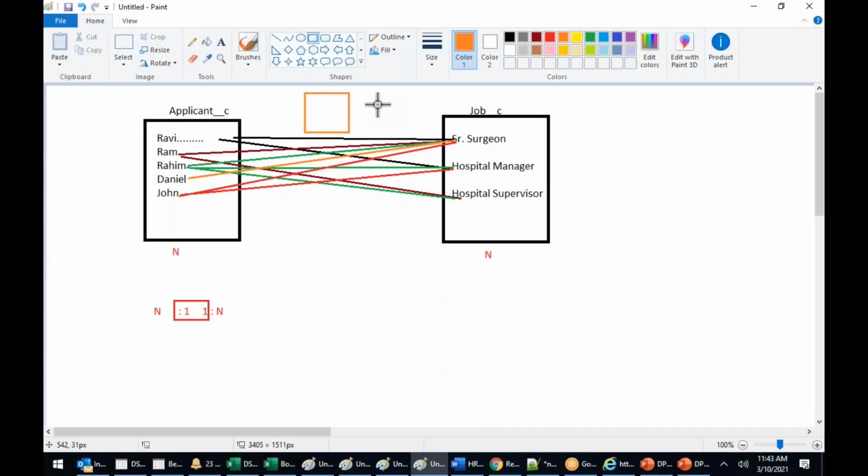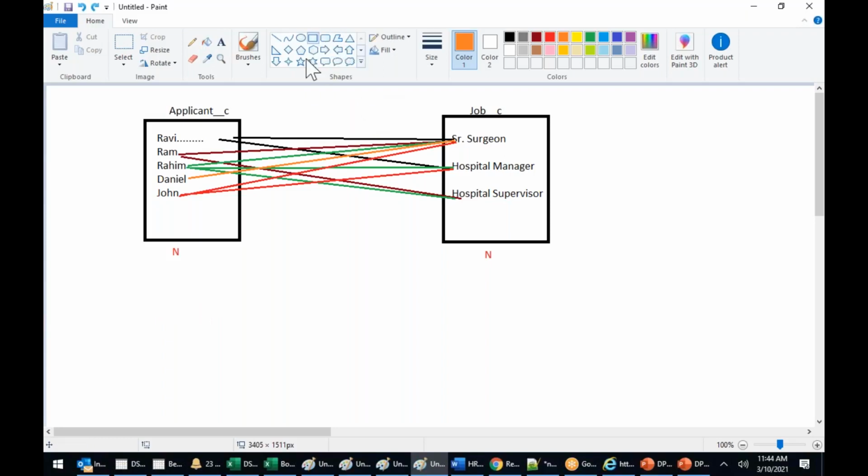In Salesforce, to achieve this N-to-N relationship, we need a concept called junction. Junction will split 1 to n, n to 1, 1 to n. We need this connector, and the connector which connects both relationships is called the junction relationship. This connector is not visible to anyone. To make you understand, now